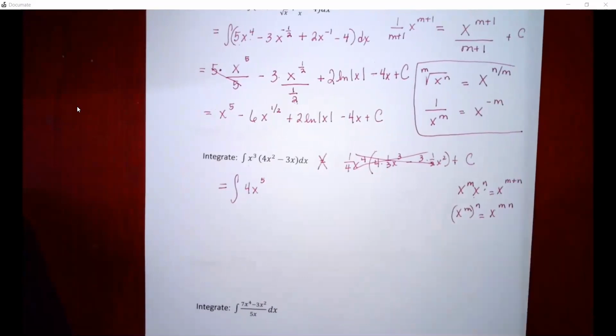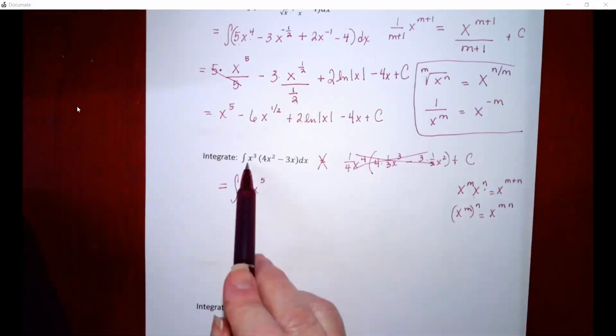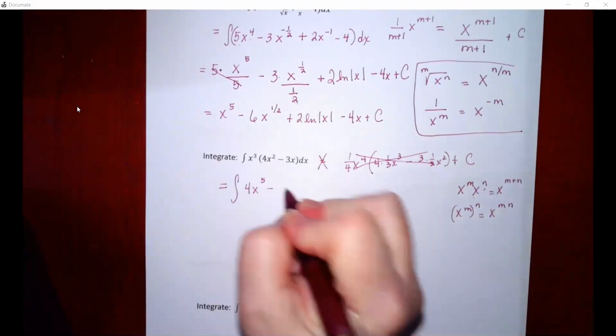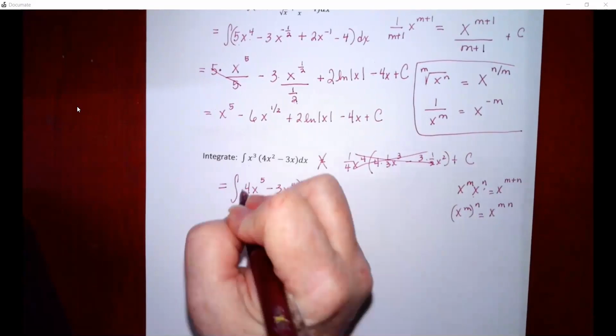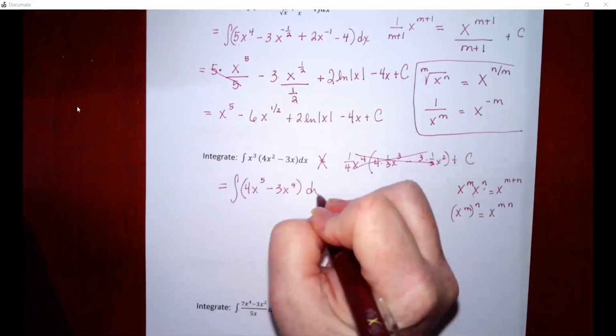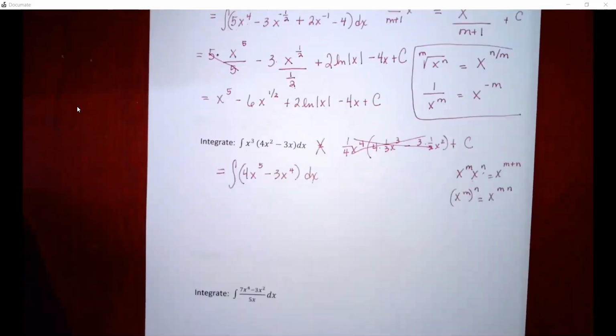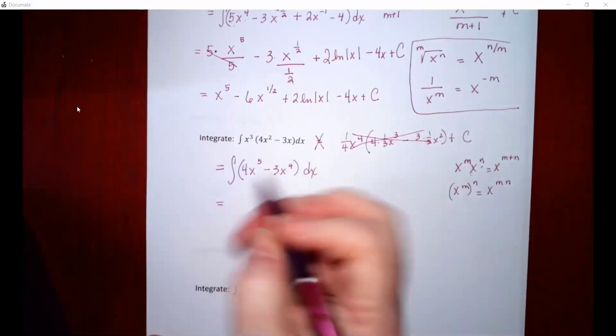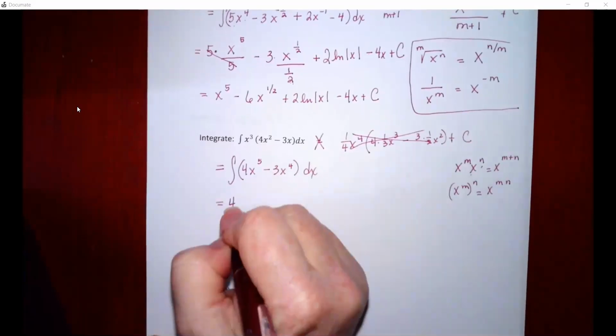Okay, so here we're just multiplying the same base to different exponents. So we would add, and then we would have minus 3x to the 4th dx. And now I have two things that I know how to integrate that are just being added to or subtracted from each other. So we'll integrate term by term,